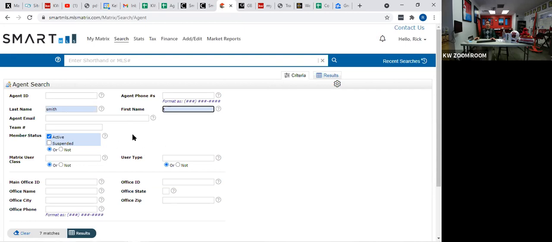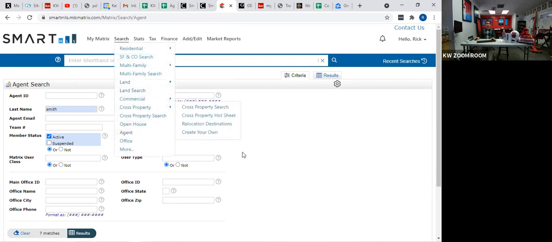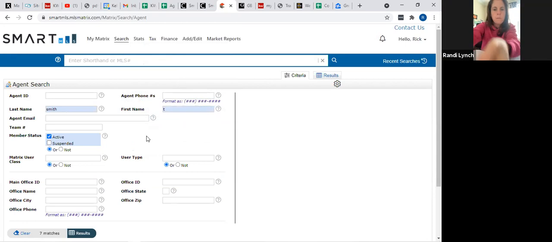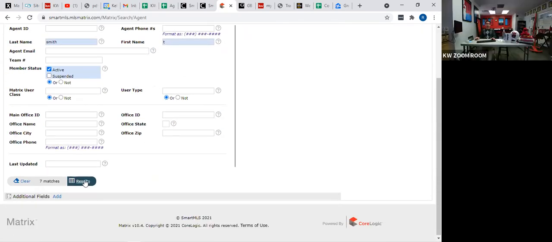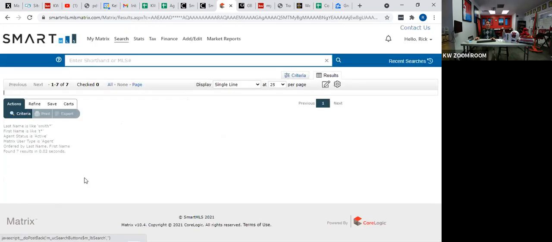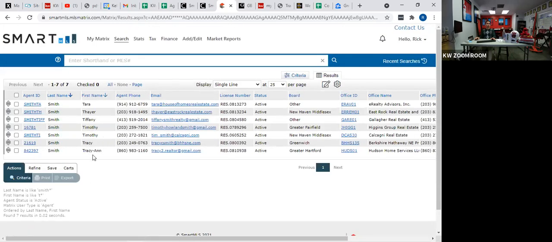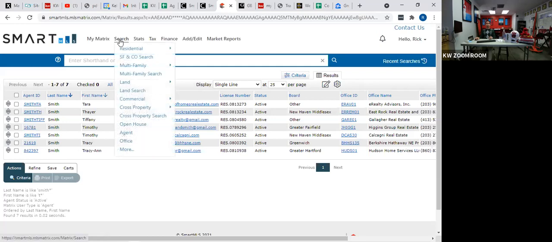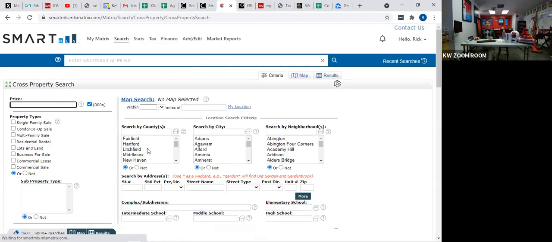There's an agent search piece in here where you can look up anybody. So here's T. Smith. There's no Tom Smith, but there's a Tim Smith or a Tracy Smith, right? And here are their agent ID codes, so you can grab them from that search tool, or, as Randy was talking about, the cross property search. If we go back there